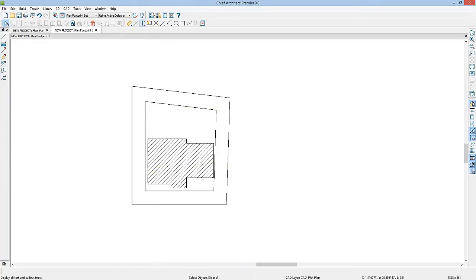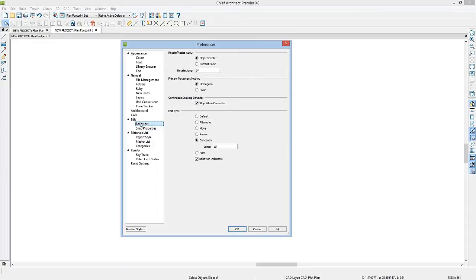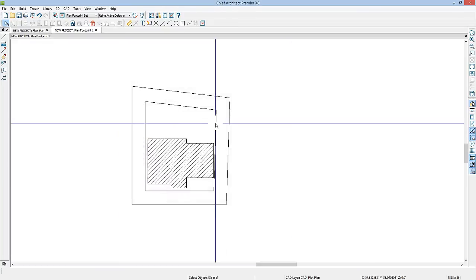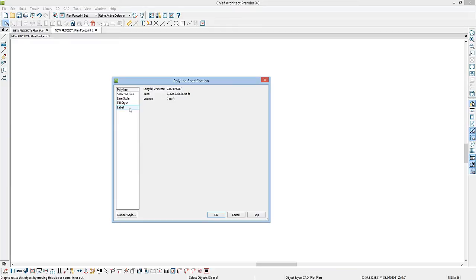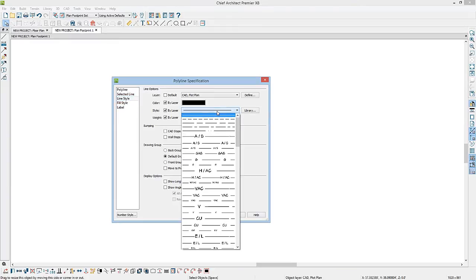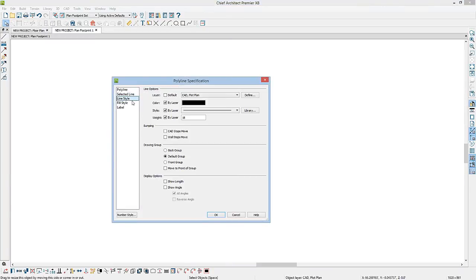Now I want to make sure to go back to my default edit behavior. So we'll go back to the Preferences, Edit, Behaviors, and click on Default. Now I want to change the line types. I'll select the setback line, double click on it, go to Line Style, and here I want a simple dashed line. And then I'll select the property line and double click on it, go to the Line Style, and you